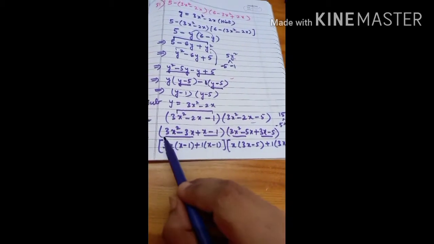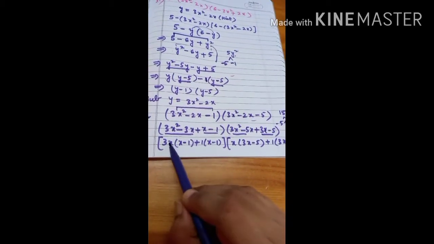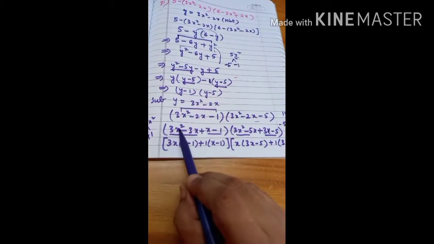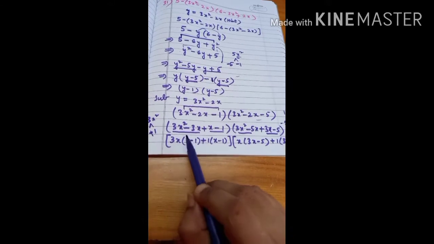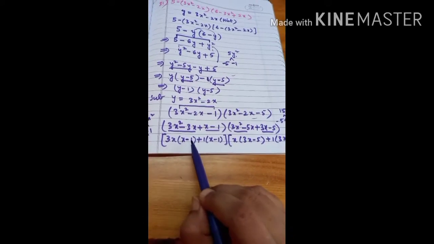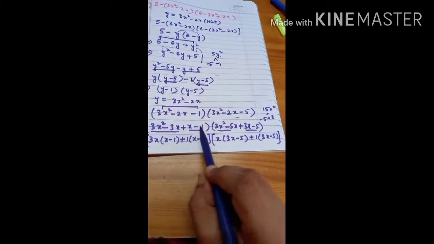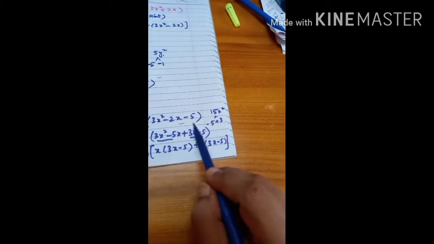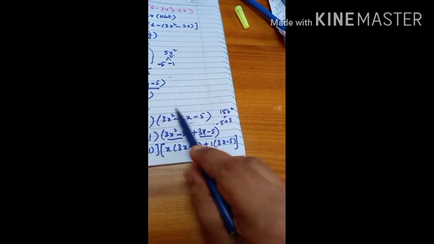Okay, as it is. Now from these two terms you have to take common, and from these two terms you have to take common. 3x square and 3x is there, so 3x you can take common, then whatever is remaining, x minus 1 you have to write, then plus, here nothing is common, so just you are writing 1, then x minus 1. Okay, in the same way for this expression also.